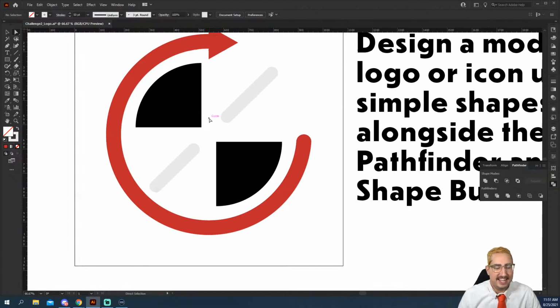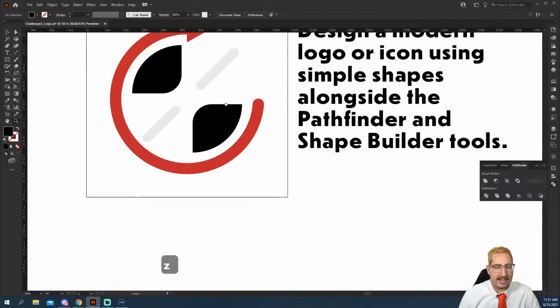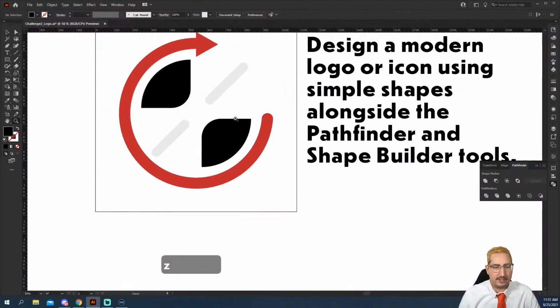I agree. So we do want to round off one of these corners. I'm going to grab this corner here as well as this corner here. I'm just clicking with the Direct Selection tool, holding Shift to select multiple anchor points. We're going to round these off just a bit to give us a little more of that Bauhaus perfection.